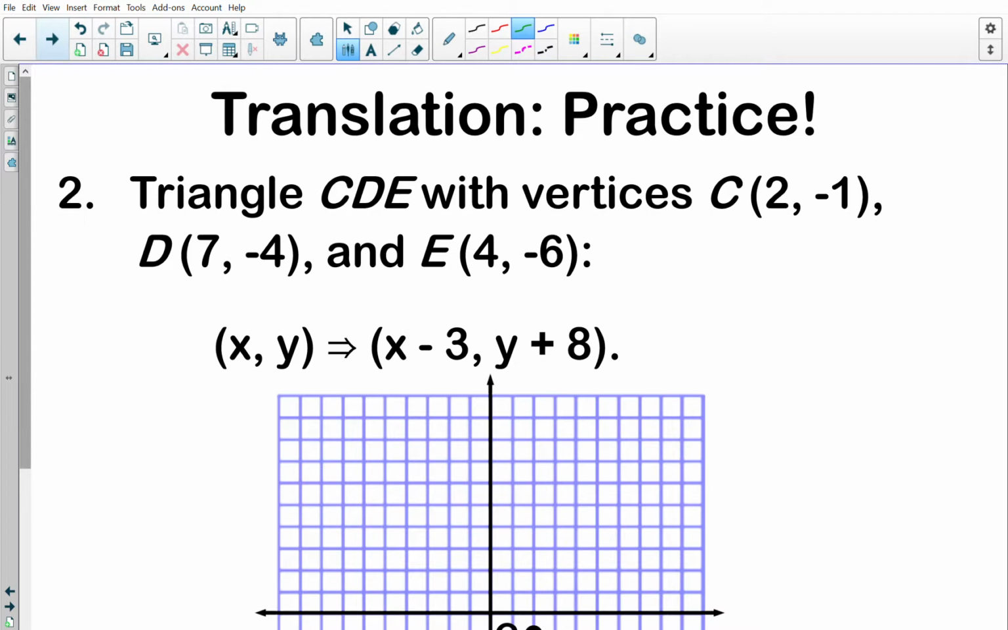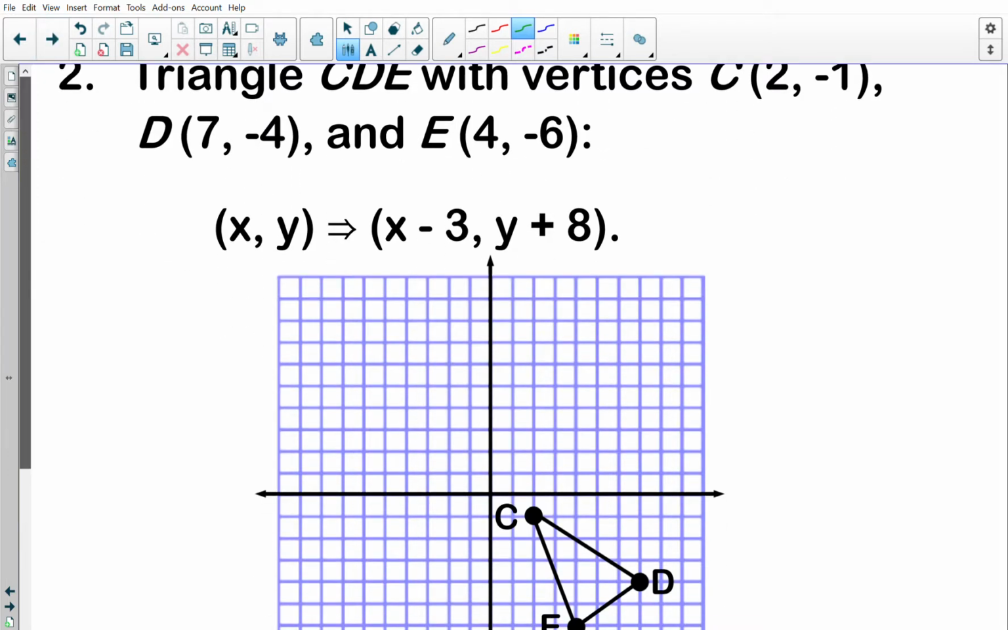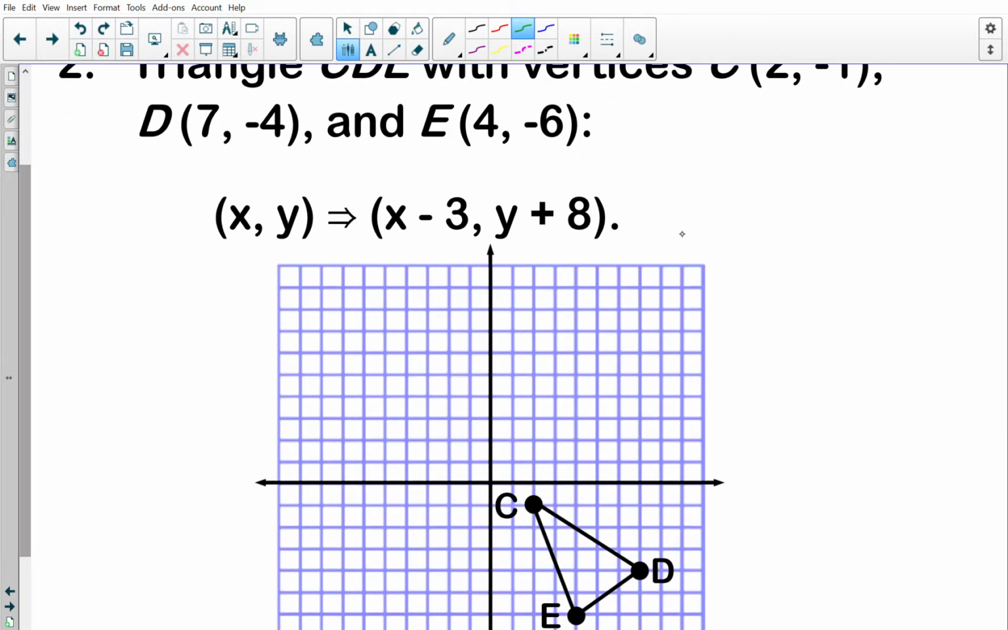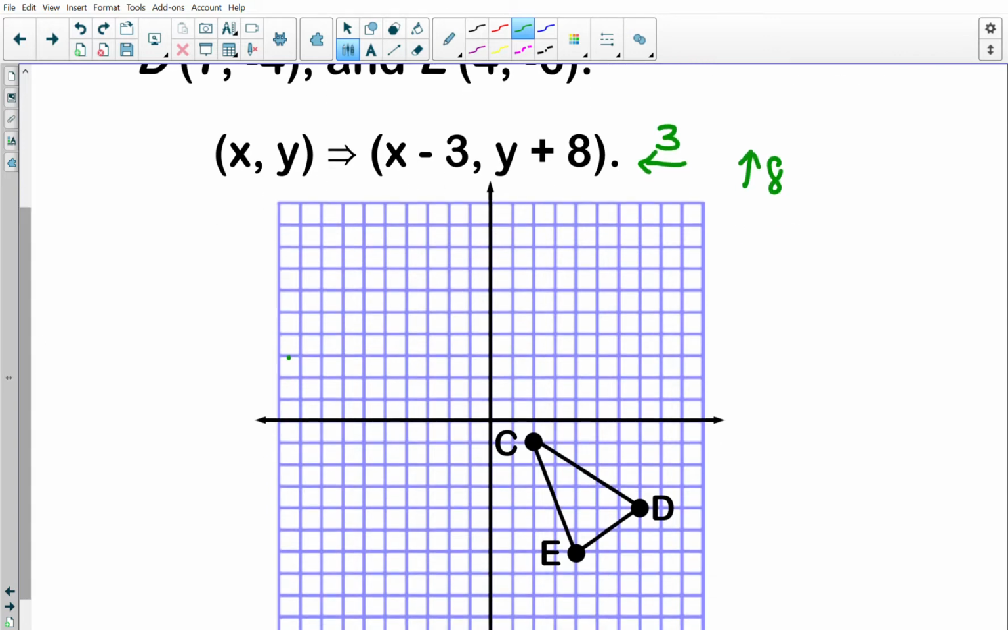I can do the same thing for this one, but you'll notice that I'm moving now to the left because it's negative and then up 8. And I always like to draw that because it kind of gives me a mental image of what's happening. So 1, 2, 3, 1, 2, 3, 4, 5, 6, 7, 8. That would be my new C prime, which is at (-1, 7), or